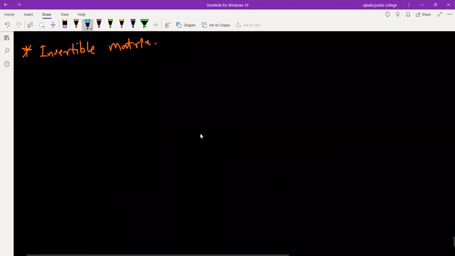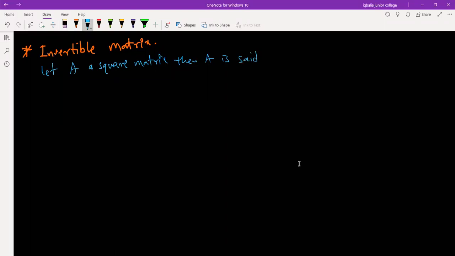Let me write the definition first. Let A be a square matrix, then A is said to be invertible